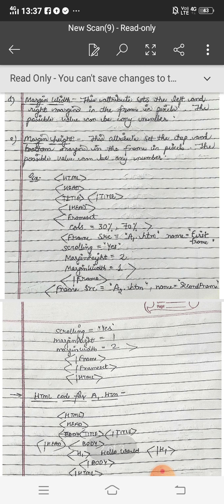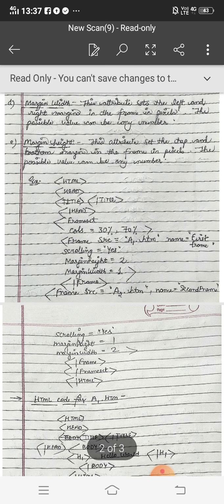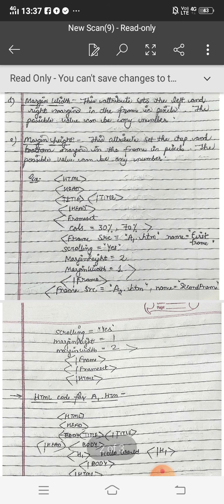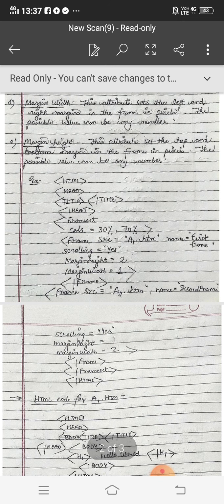HTML on, head on, title off, head off. Okay, this is common. Now body will not be used here, so frameset on. Then take any attribute of frameset which I told you in yesterday's video, either rows or cols. So here we have taken cols, means